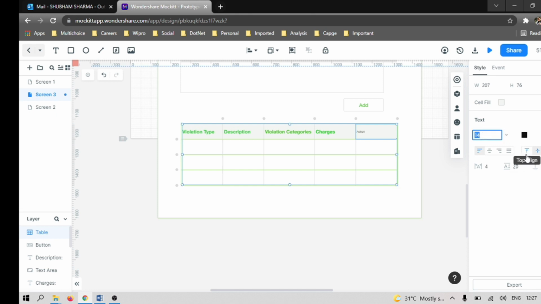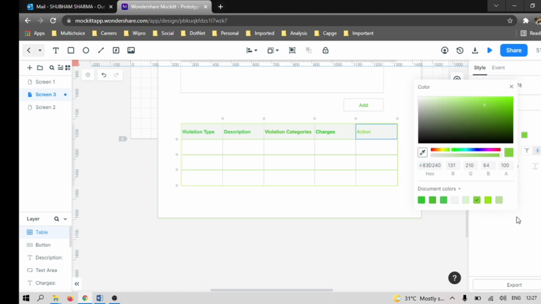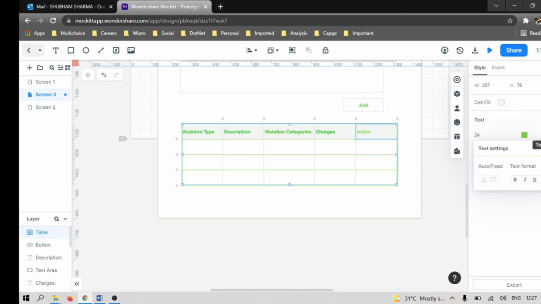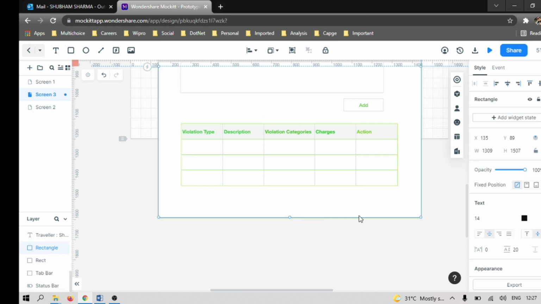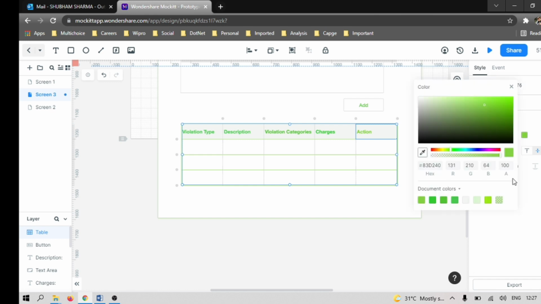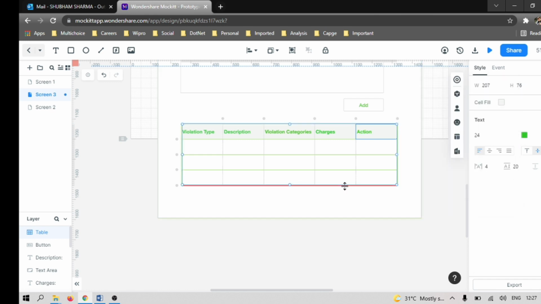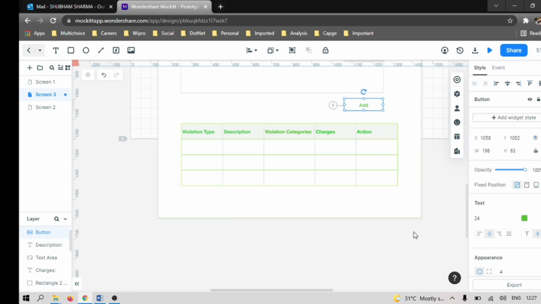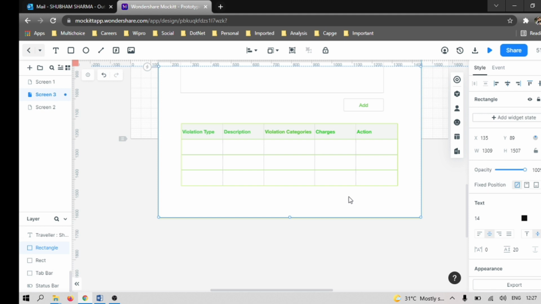It is going to be 24 and the color is going to be green and it is going to be okay. So it's been completed almost. The color is going to be different. Dark green. Violation type, description, charges. 4 things are there. Now we need to create one submit button.